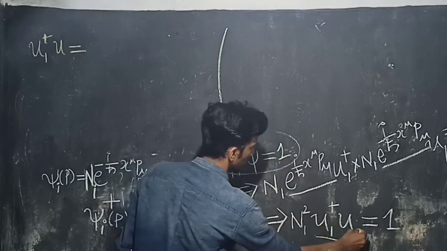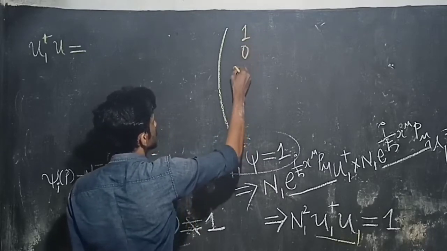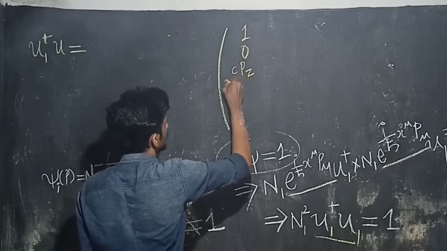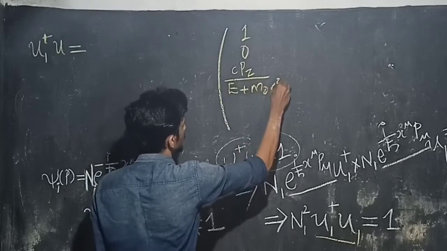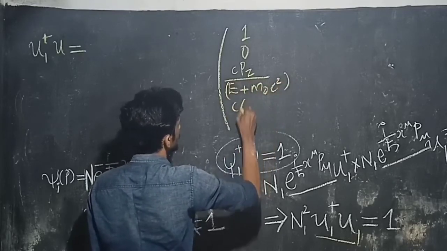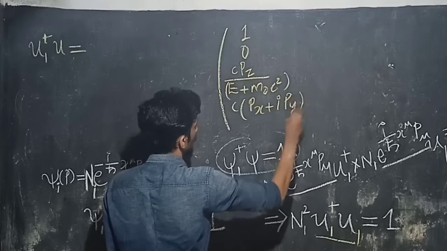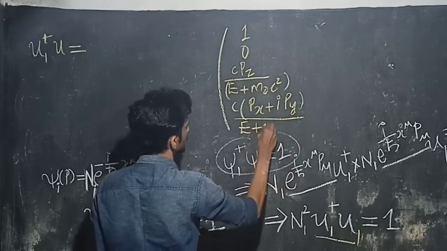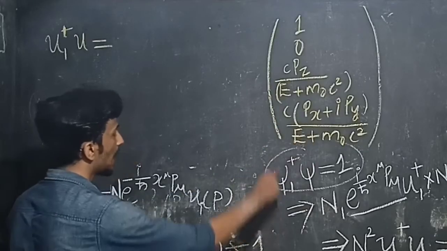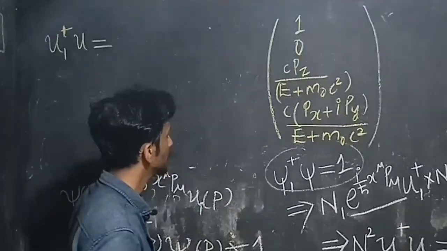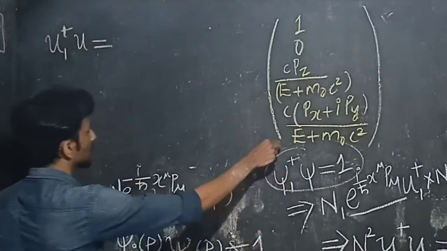We know that u1 is the column 1, 0, c pz over E plus m naught c square, c px plus i py over E plus m naught c square. In fact, this is actually a matrix. So its dagger means Hermitian conjugate. What is actually Hermitian conjugate? The transposed complex conjugate of the matrix. So its transpose is